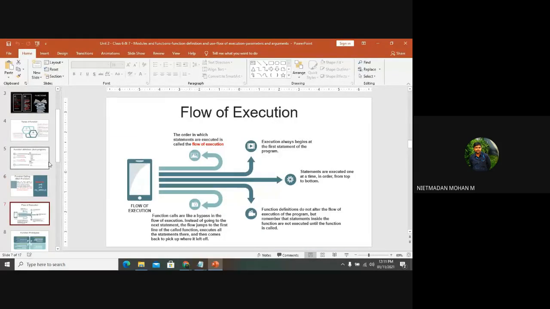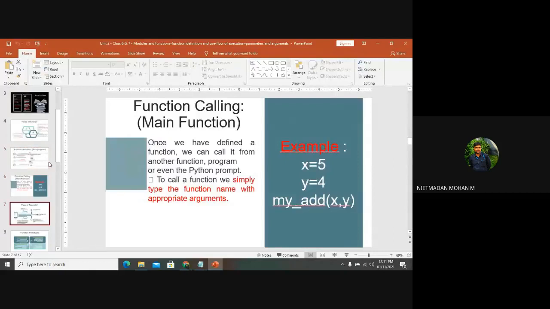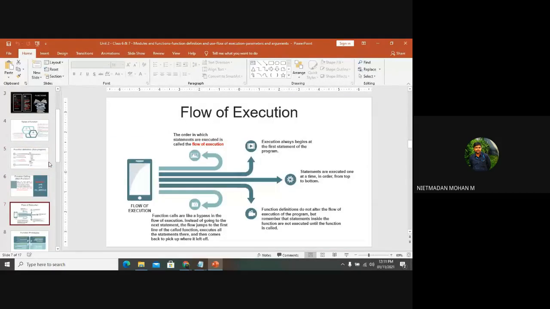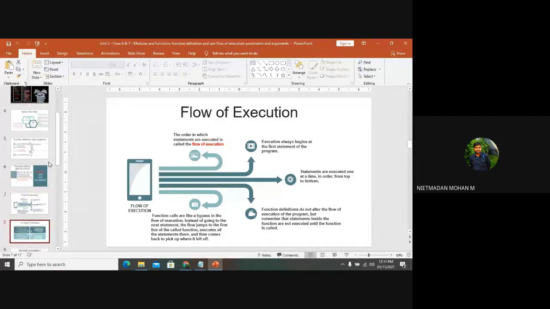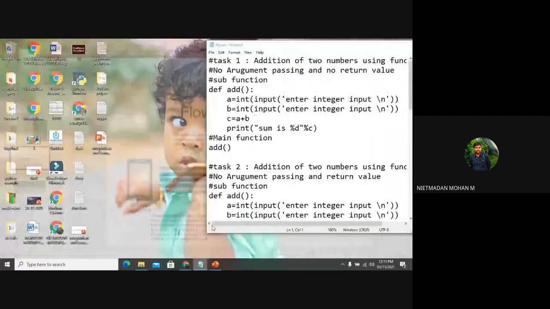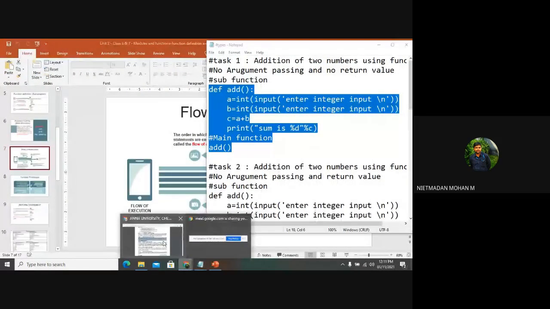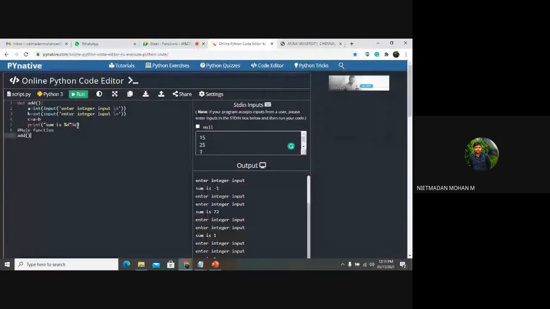Can anyone tell me how the function will execute? By using the previous example, whatever example we have discussed in the previous class, can anyone tell me what is the flow of execution of a function? First, what will happen there? Okay, I will go with an example here, and after that you can tell me what is the flow of the execution. So yes,